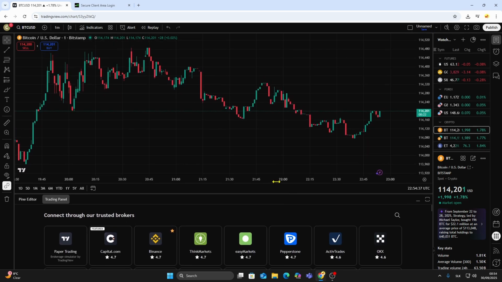From there, you'll be able to place trades, manage positions, and monitor your account directly from your TradingView charts. This connection allows you to use TradingView's powerful charting tools alongside IC Markets execution, giving you the best of both platforms. And that's it. Your IC Markets account is now linked to